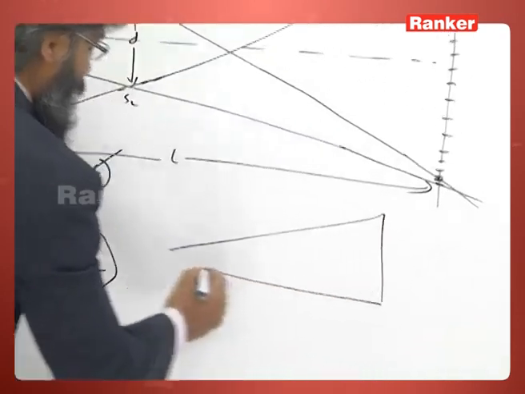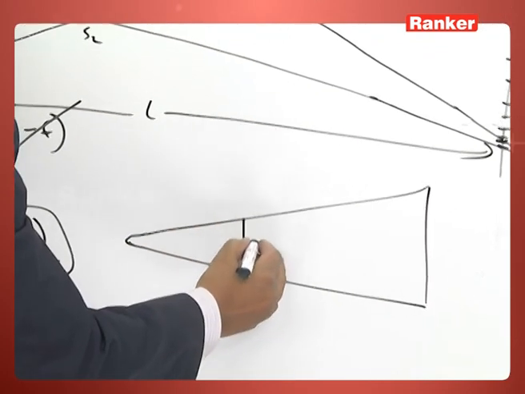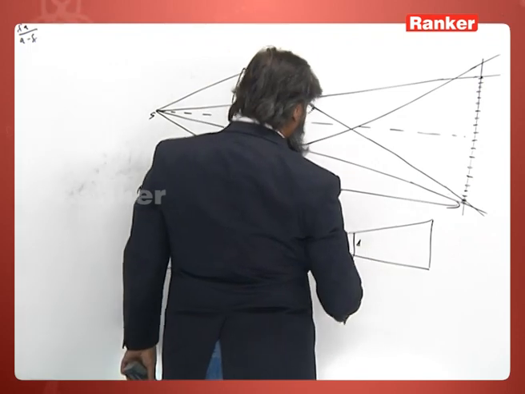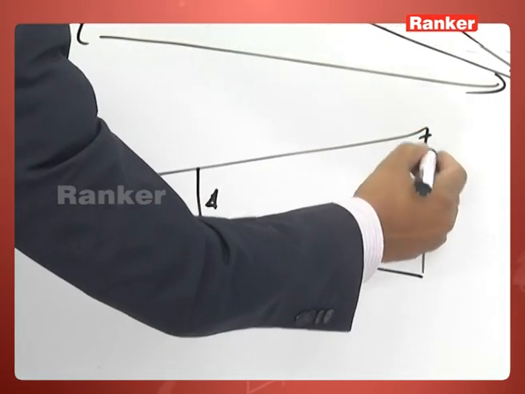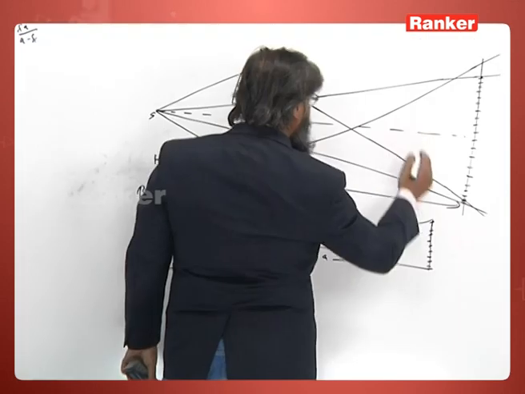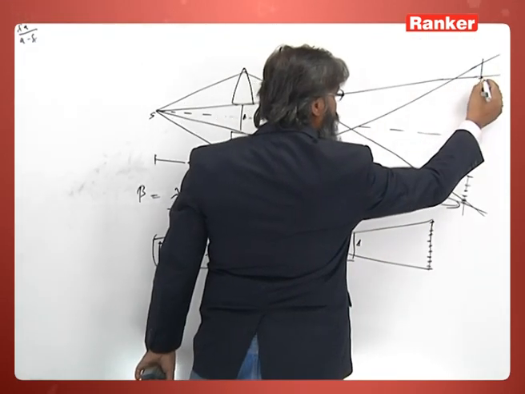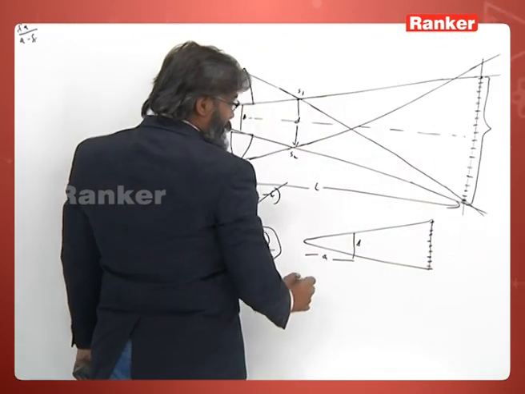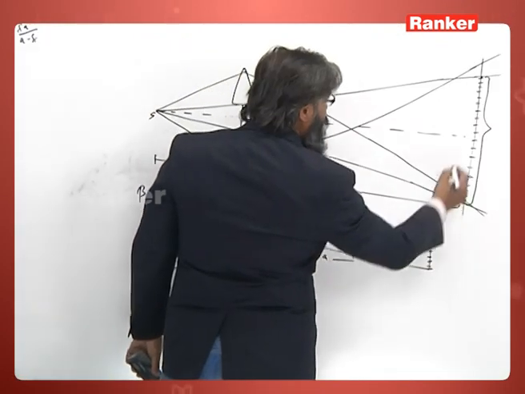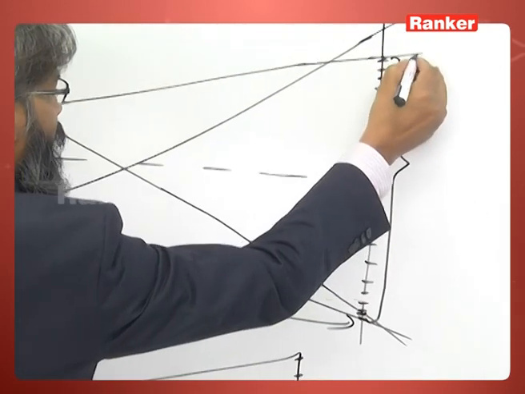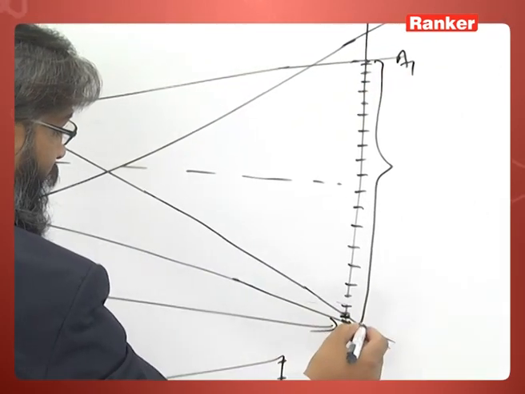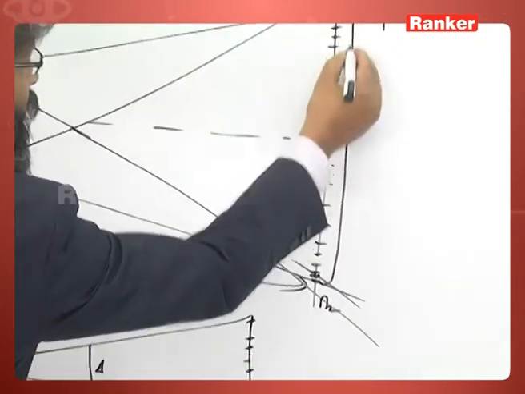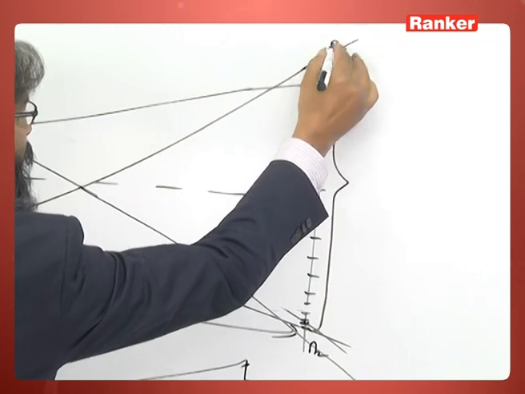Let us draw this triangle: this is delta and this is A, and we need to calculate the region where the interference pattern is formed, from here to here. We call this A1, this A2,